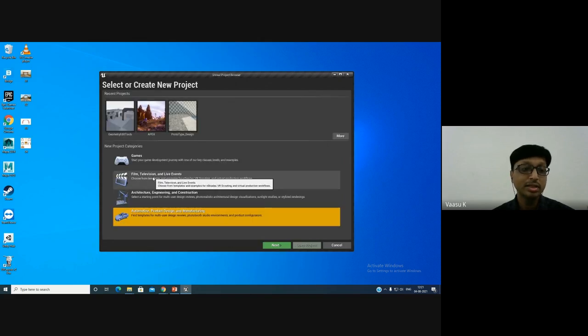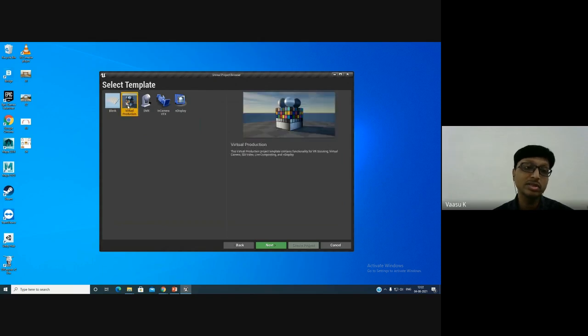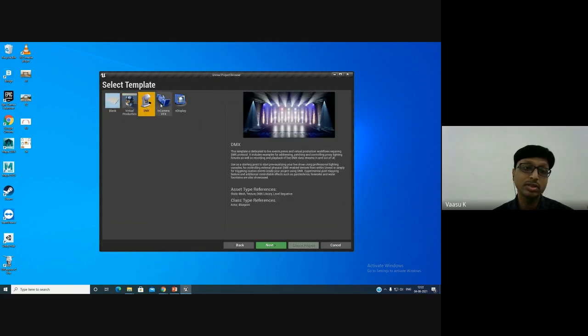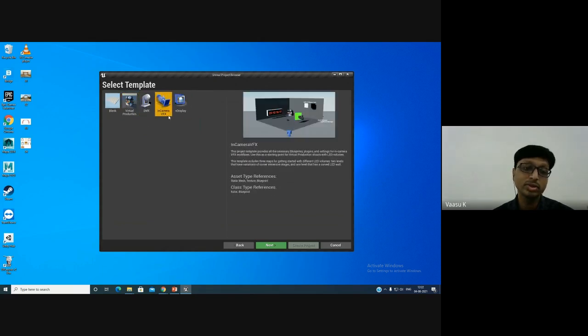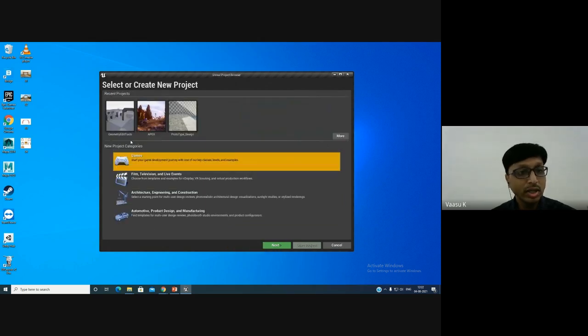Okay, and in film, here you can see the virtual production ready template. Okay, so that you can use it. These are used to create filmmaking and everything. Okay, so anyway, we have our